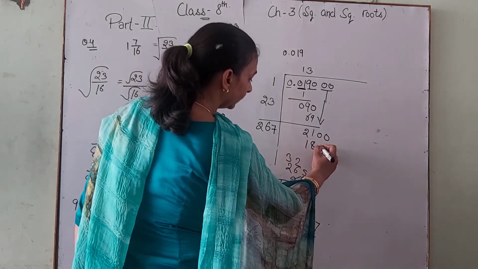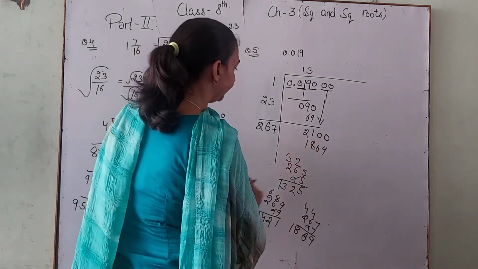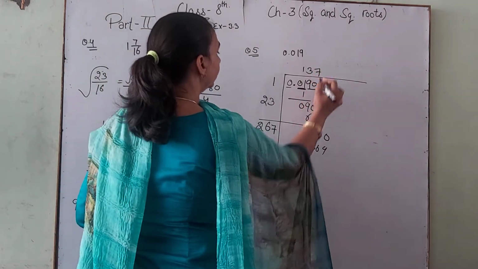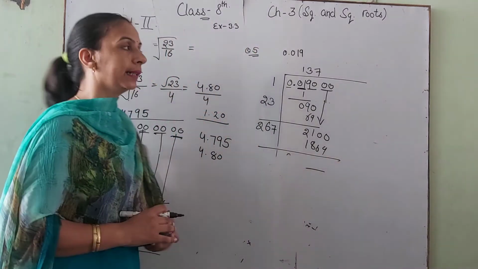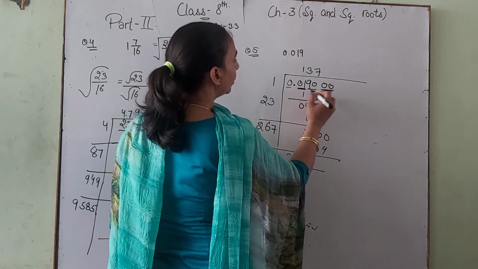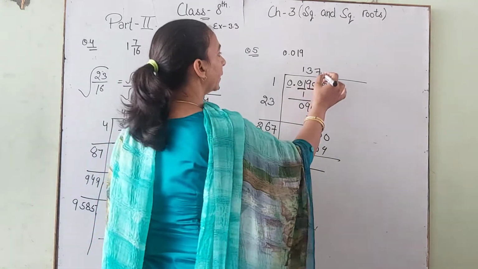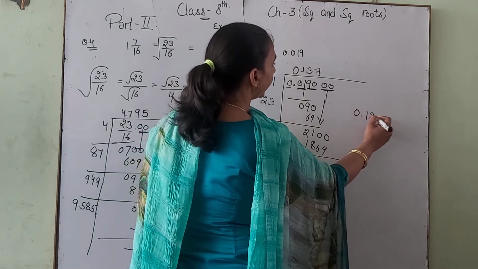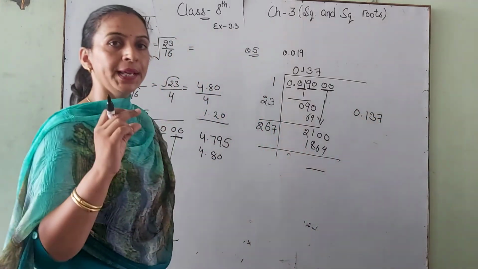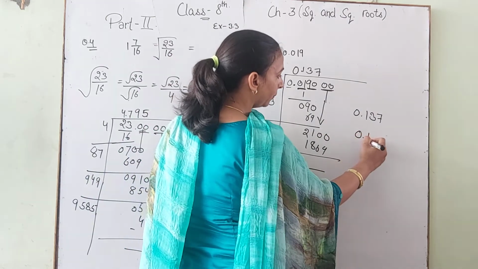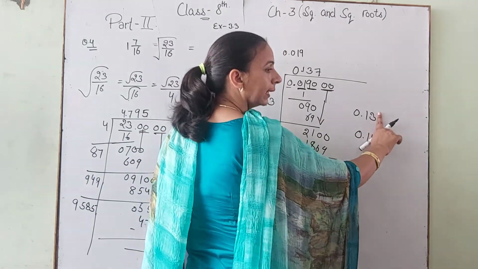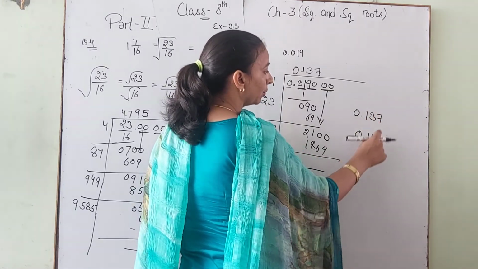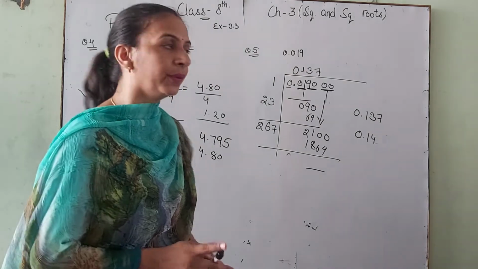1, 8 and 6 and 9. And there is also 7 and subtract of this, there is a remainder. But we find the answer 1, 2, 3. 3 pairs complete, then we take 1, 2, 3. Then there is decimal and 0.13 and 7. But we take only 2 places of decimal, so we take 0.14. If we remove this, then this is greater than 5, so we take 1 greater here. 3 plus 1, 4. 0.14.